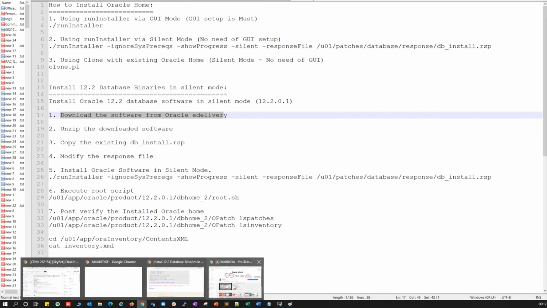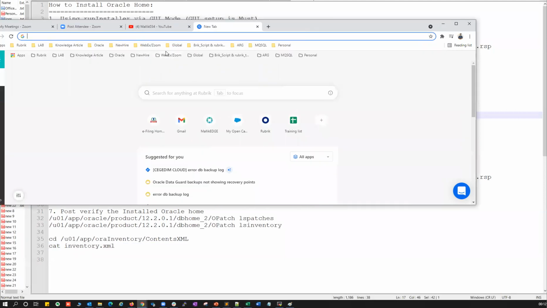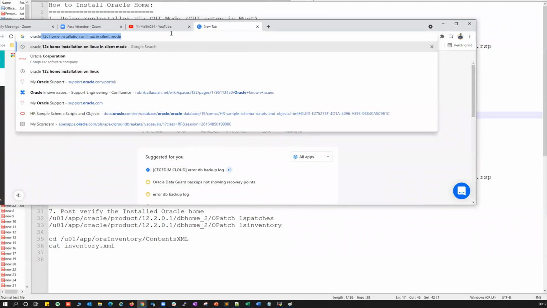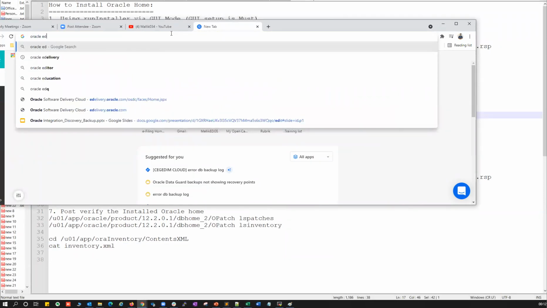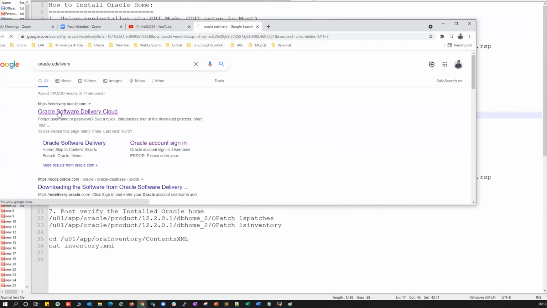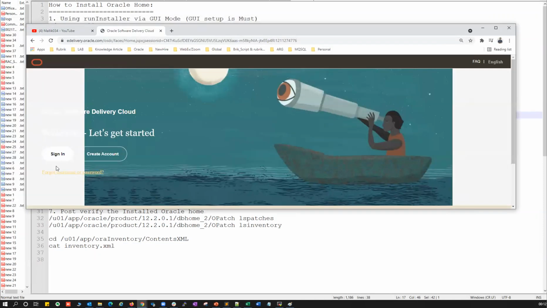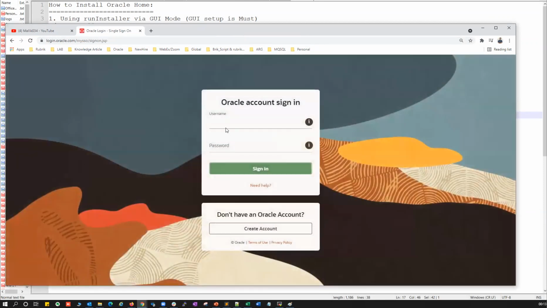For that, I will go to the Oracle eDelivery site here. This is your Oracle eDelivery. You can go into the Oracle eDelivery site and log in with your personal ID, whatever user ID you have in your Oracle eDelivery.